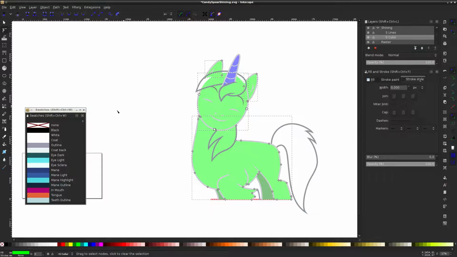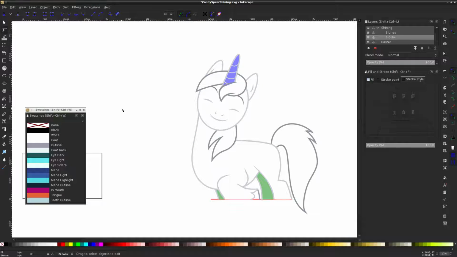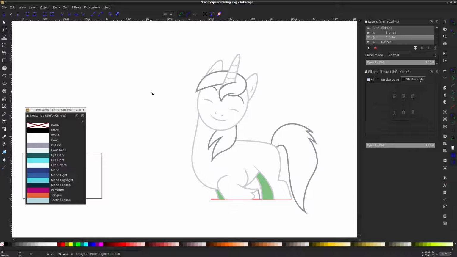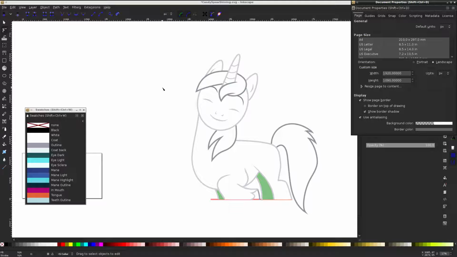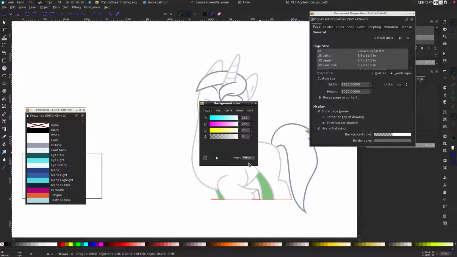So let's change this to his coat color, which according to my swatch is perfect white, by the way. So I could also just pick white. Now this is a bit annoying because we work with a white background. So we will change our background color. Important part, the last point here, the alpha is set to 0. If you set it to any other value, you will actually export your